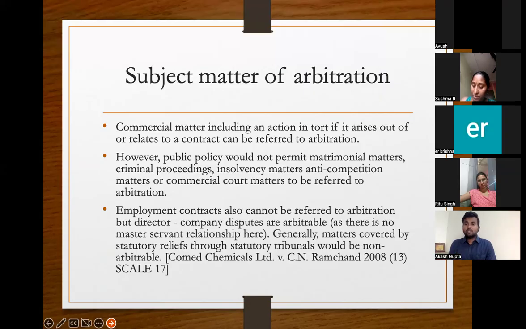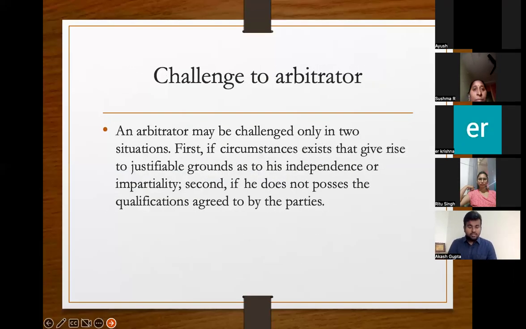Okay. And the previous one, subject matter of arbitration: if the subject matter is not suitable for arbitration, you can challenge the award under section 34. So even if you have an arbitration award out of sexual harassment or a marital dispute, when you go to courts and challenge it, the courts will accept it and say that this subject matter is not suitable for arbitration. If one of the arbitrators is biased, or has certain personal relationships with one of the parties, in that case you can also challenge the arbitrator under section 13. There are limited grounds for that. Okay.